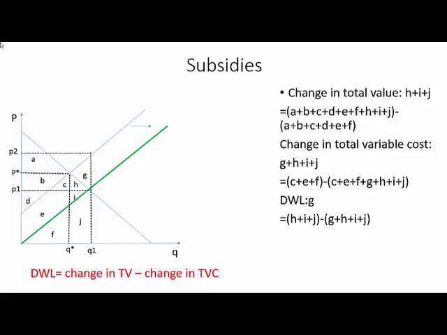The subsidies cause a downward shift in the supply curve from the blue line to the green line, which results in an increase in equilibrium quantity to Q1 and a decrease in equilibrium price to P1. At the new equilibrium, the producers will receive P2, and there will be an extra Q1 minus Q star units of goods produced. The deadweight loss results from overproduction, since the resources used to produce additional units of goods have a value in some other use that is greater than the value of those additional units of goods to